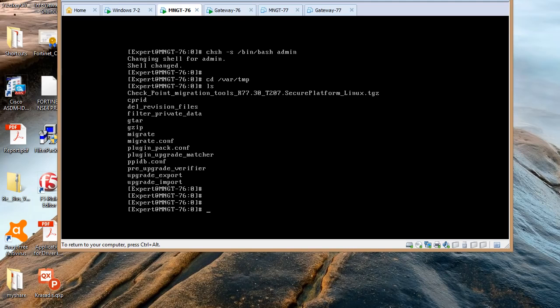So what we need to do now is export our configuration, and to do that you need to type a full stop, /migrate export. We want to export it, and when we go to R7730, we will import it. So now it's export, space,